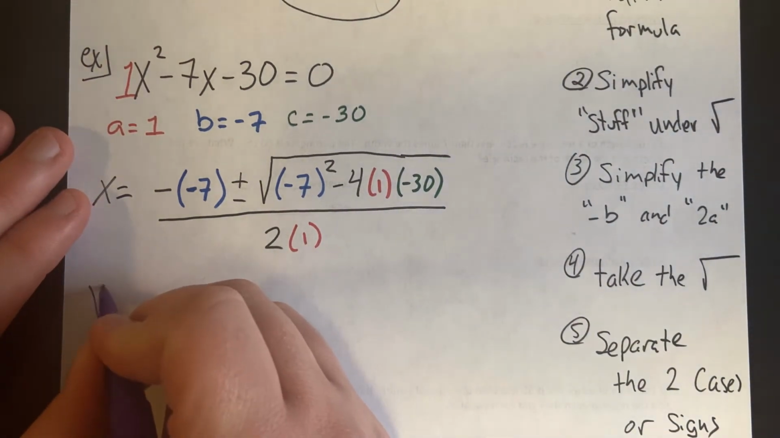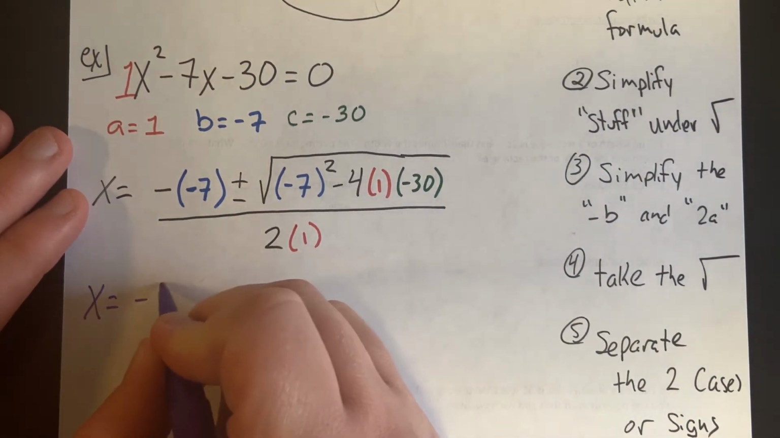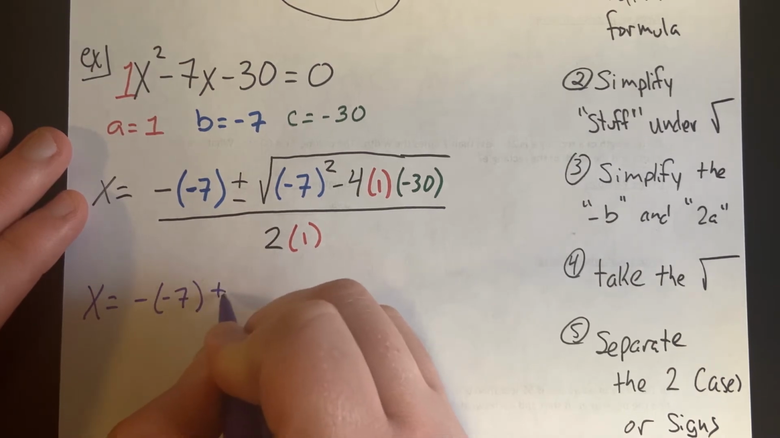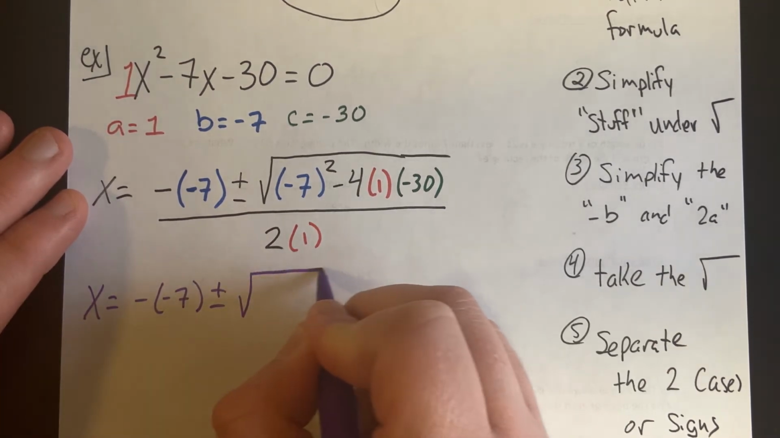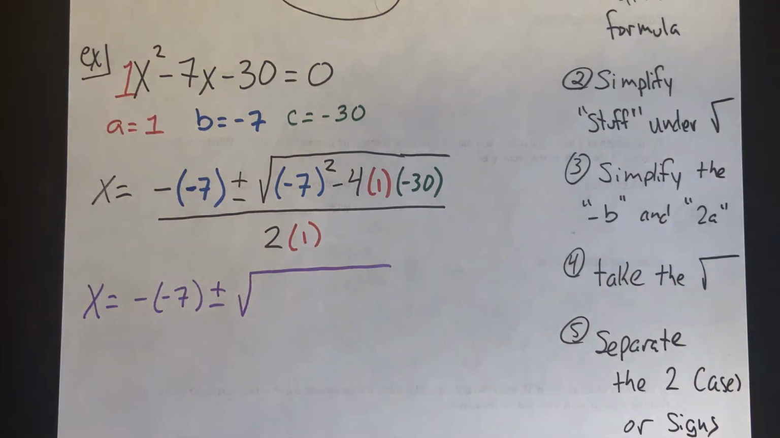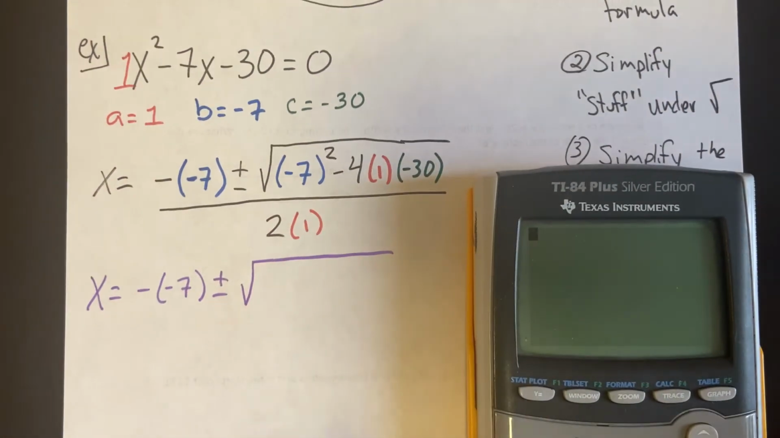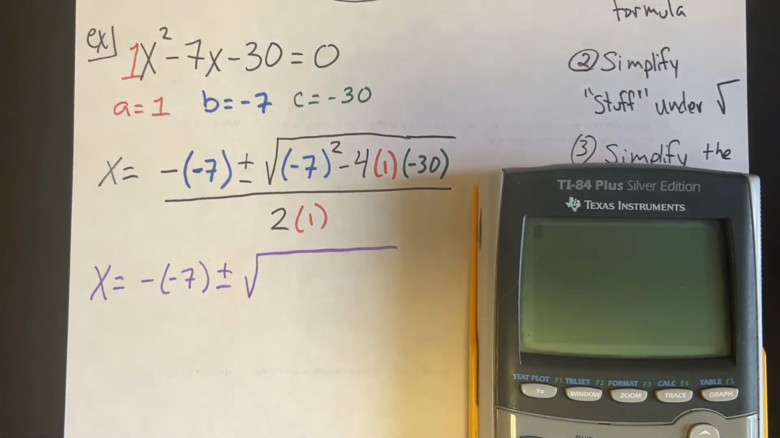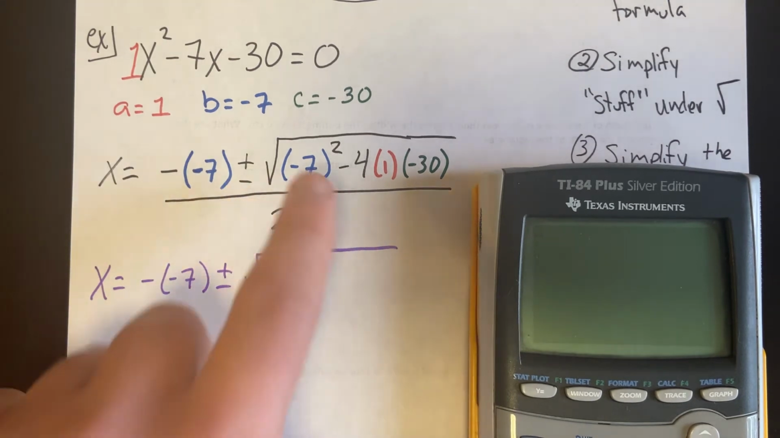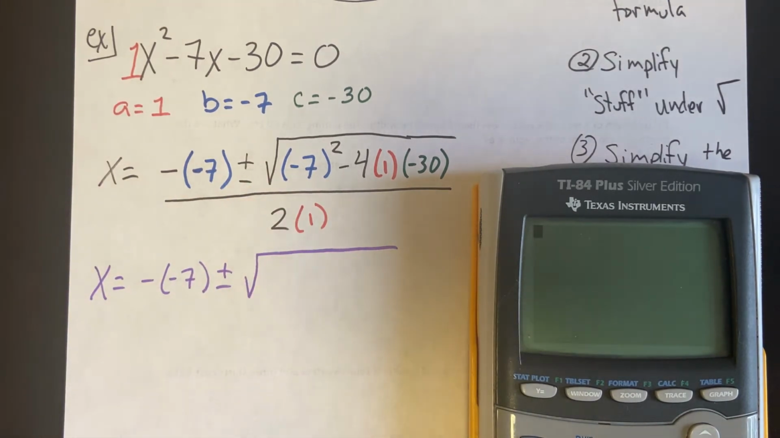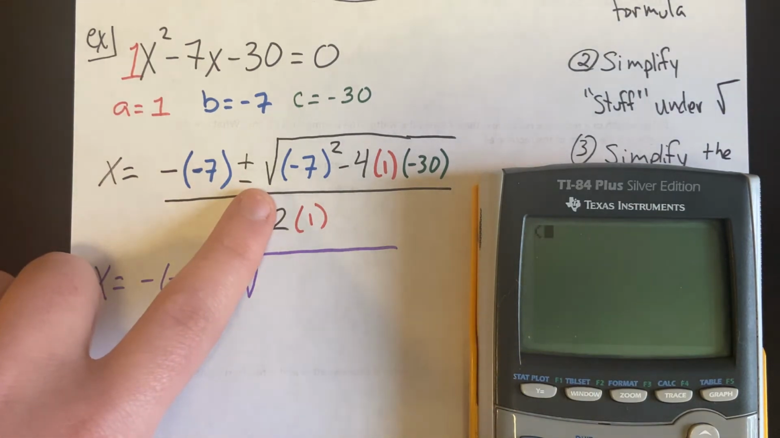So we didn't do anything with this. X equals negative 7 plus or minus the square root of. If you have a calculator, you're really going to want a calculator for this work. If not, I'm not saying you can't do it, but it will be a little bit more difficult, okay? So all of that stuff underneath the radical, I'm not going to put in the radical just yet, just the stuff underneath. And literally word for word what I see,